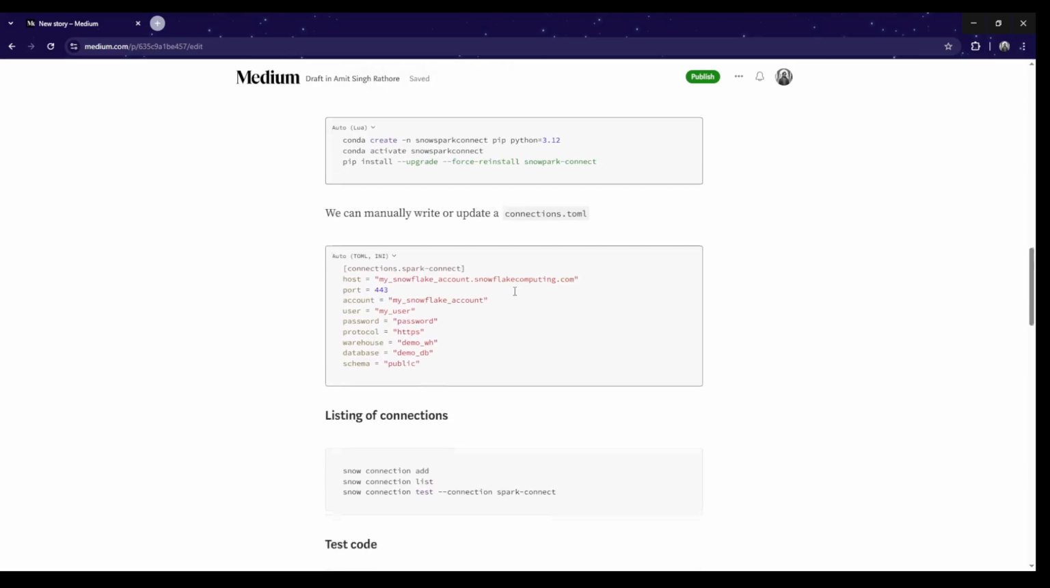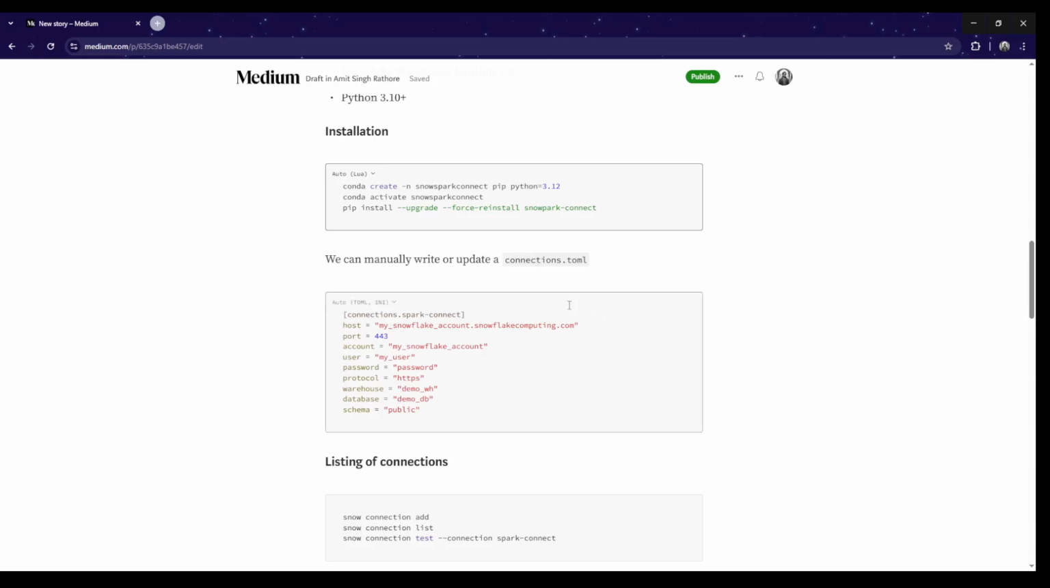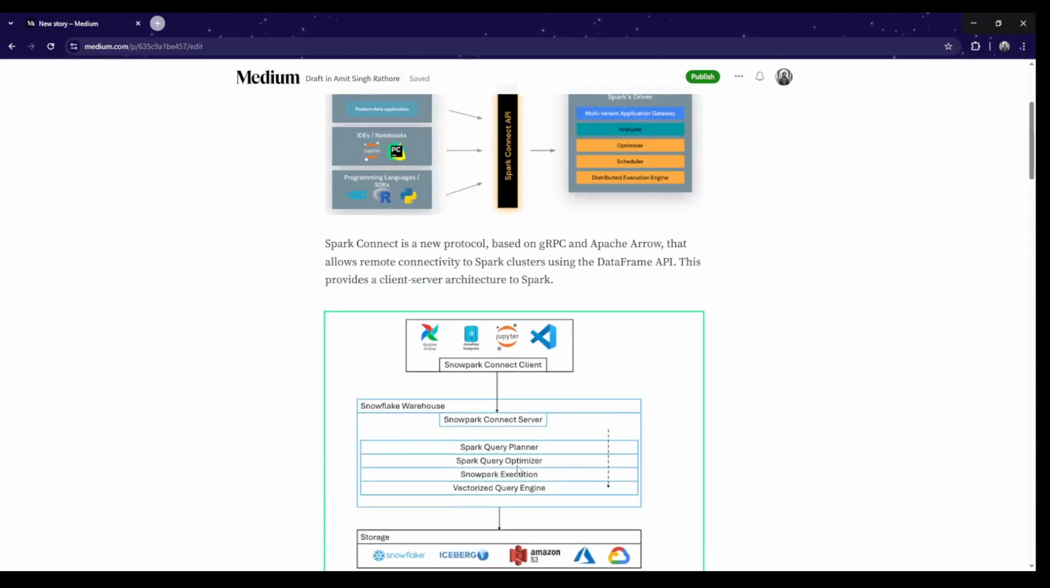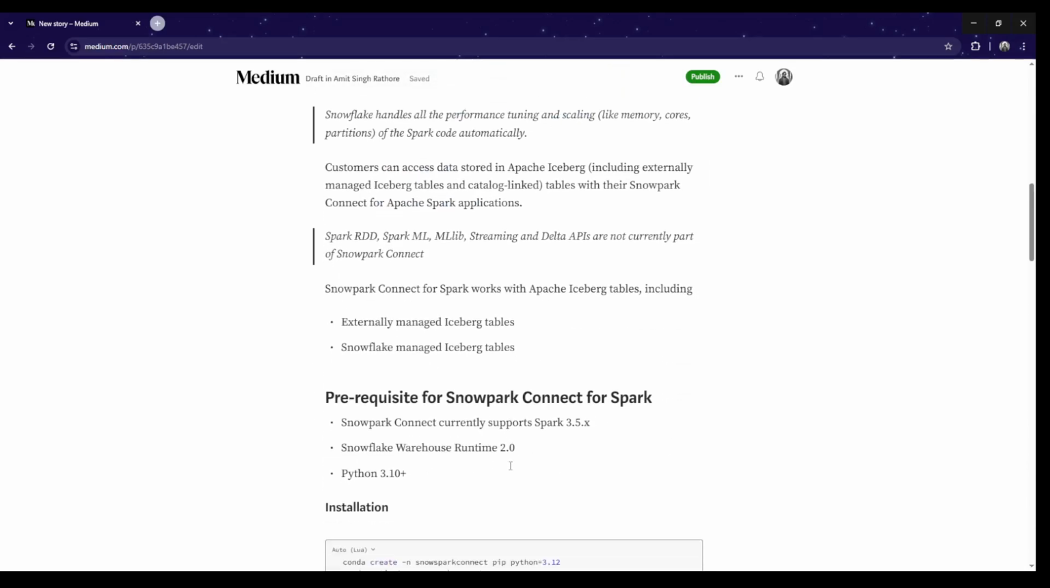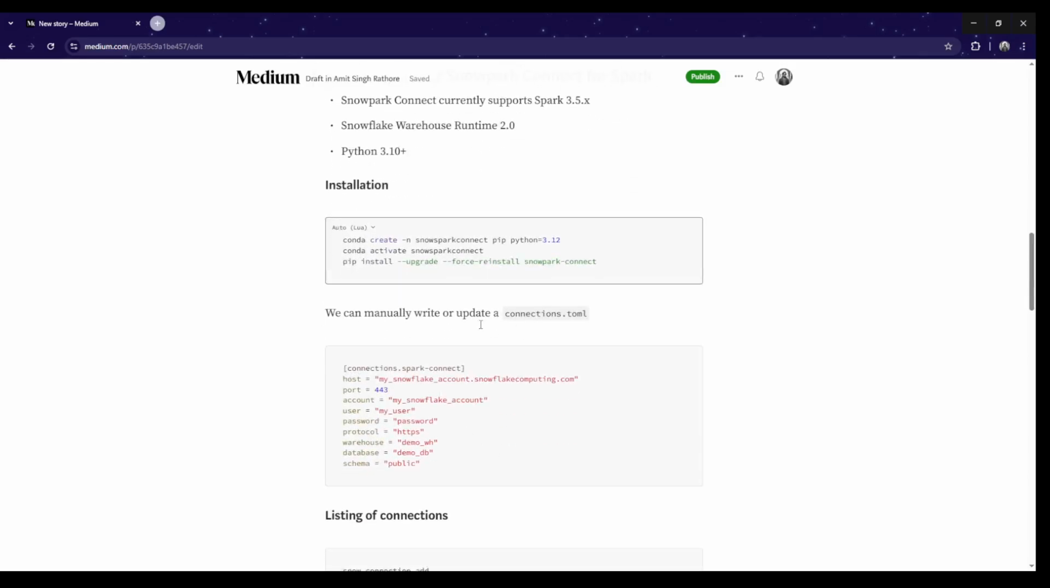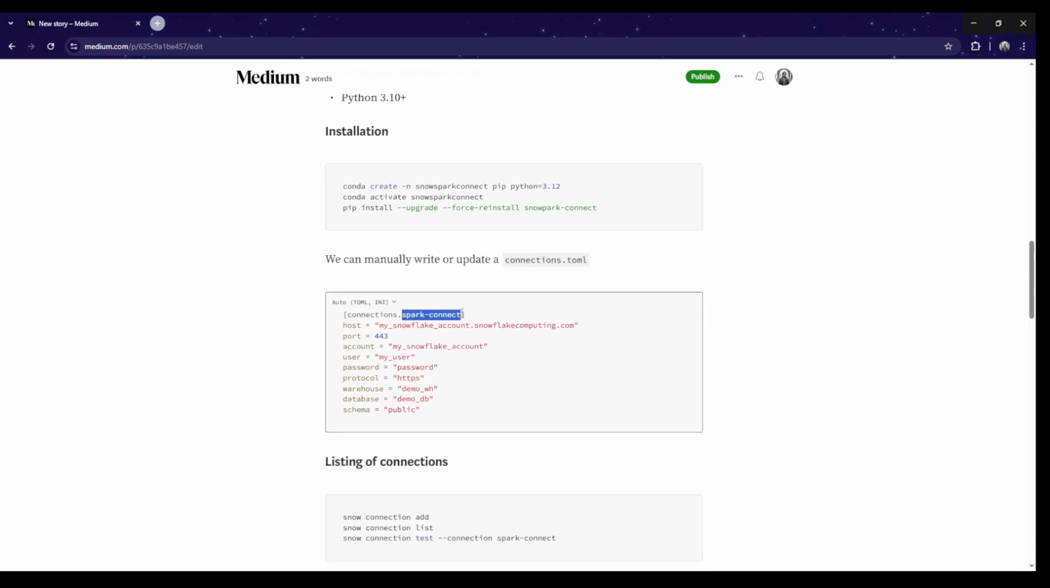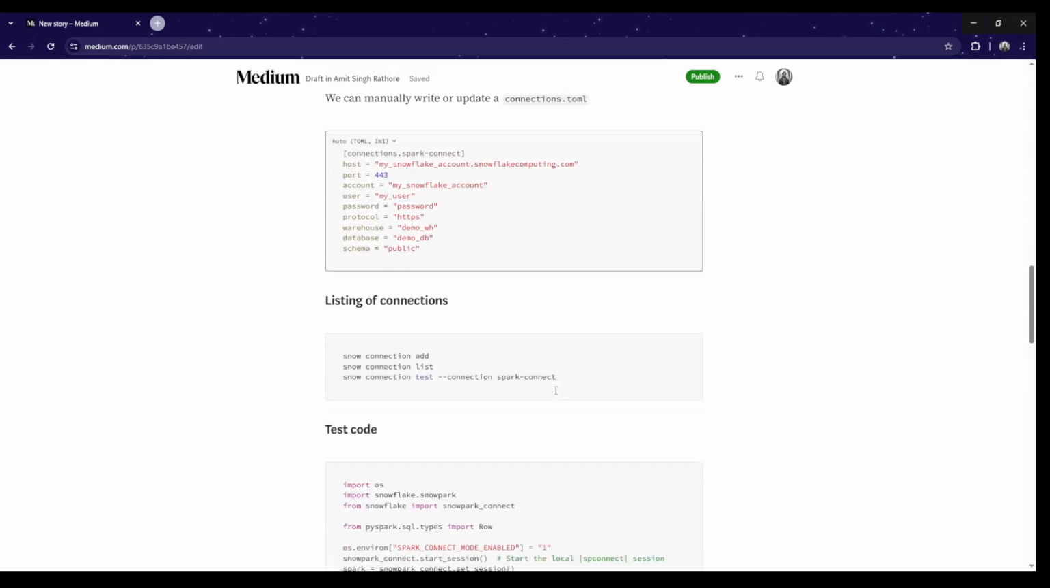So once we install this, there are two ways we can define the connection. This connection is nothing but how to understand this picture we see, right? This is the client, and these are the warehouses where it will connect. To tell it how to connect, a connection.toml file is needed. We have to create that, and it is a mandate that we name it Spark hyphen connect. I'm not sure why it is mandatory as of now, but Snowflake can change it in future. And then we provide the host name. This is nothing but your Snowflake account, host name, then port and everything, username, password, warehouse, protocol, everything you write in here,